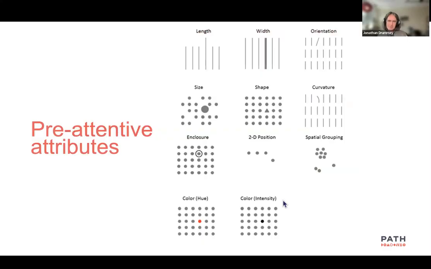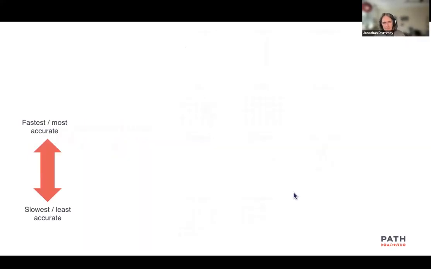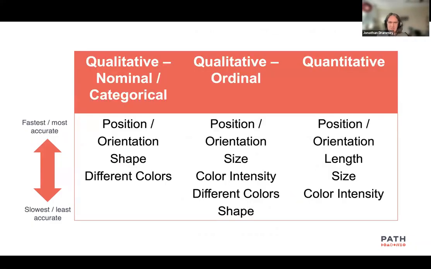So there's this notion of pre-attentive attributes. These are things that the visual cortex of our brain perceives before we have conscious attention. That's the pre in pre-attentive attributes. Things like length, width, position, orientation, the shape of something, the size and color and so on are all there. And what data visualization researchers have done is identify 4 different kinds of variables from top to bottom here. In general, what is fastest and most accurate for us to read, and what is slowest and least accurate for us to read.